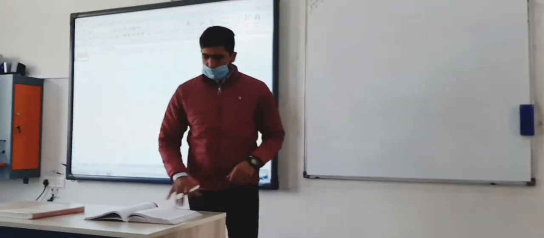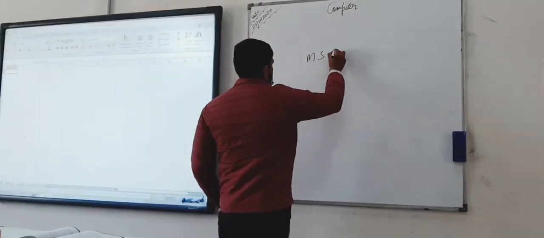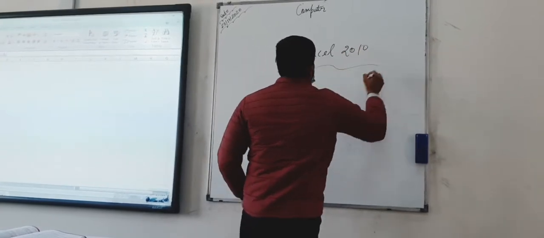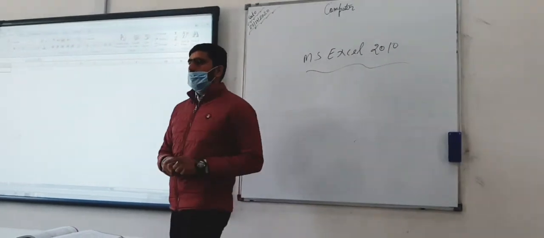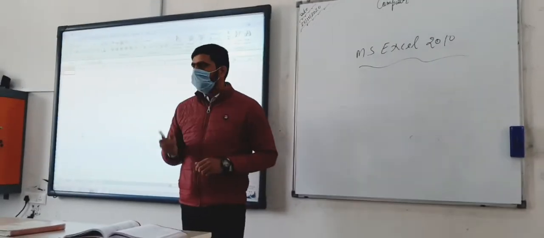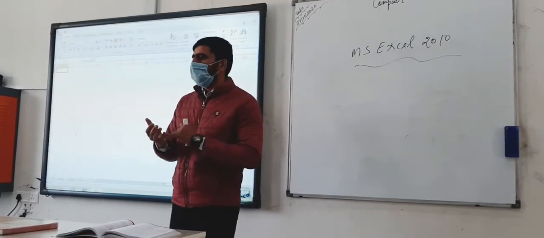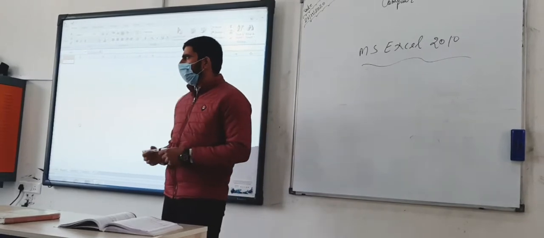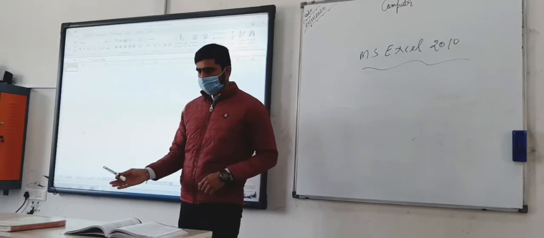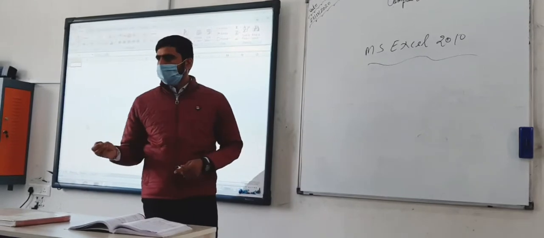So today we will discuss chapter number 14, that is called Microsoft Excel, MS Excel 2010. Okay. So in this chapter, Microsoft Excel is particularly made for mathematical calculations. Understand? Mathematical calculation means whenever you are doing formulas and functions in the Excel sheet, this Excel is made for that. What are formulas? What are functions? That question is in your mind.